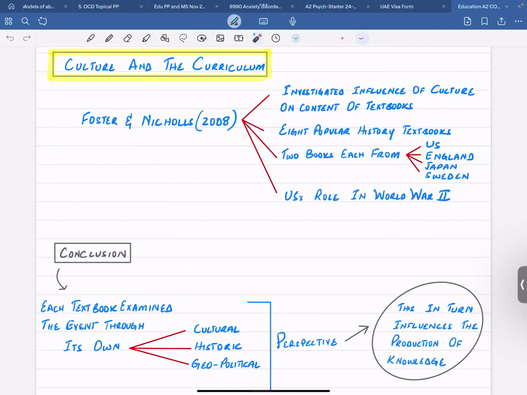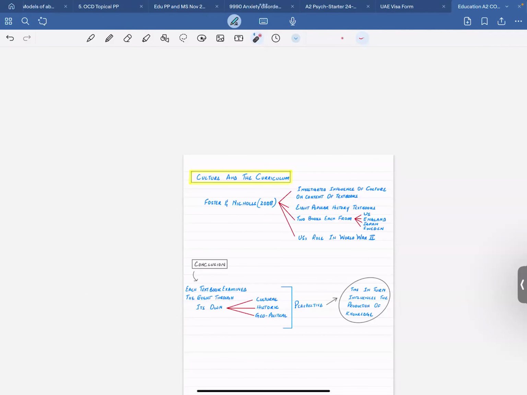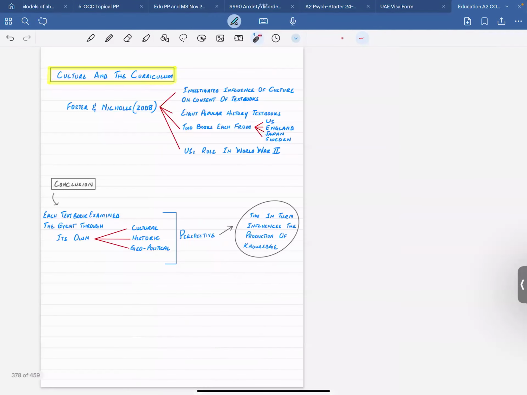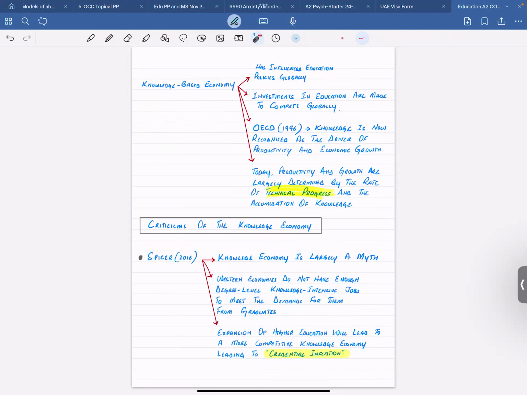In a nutshell, the way books from the US, England, Japan, and Sweden explained the role that the US had in the World War was very different, which automatically makes your curriculum favor a particular ethnic group or a particular